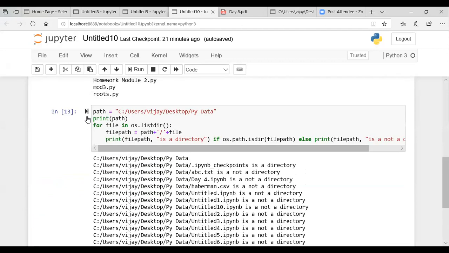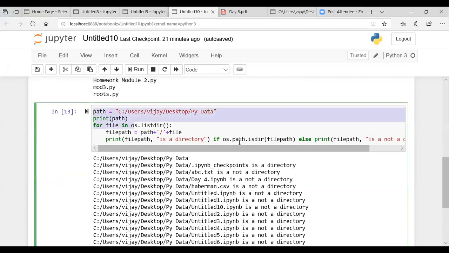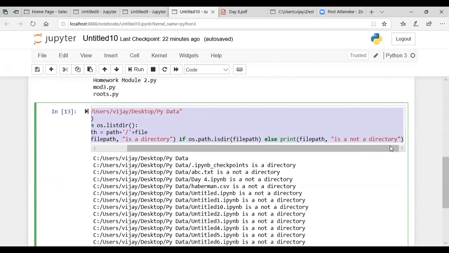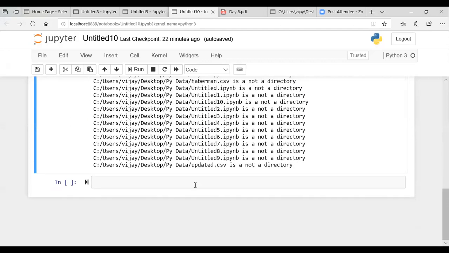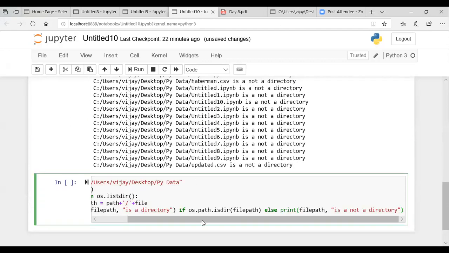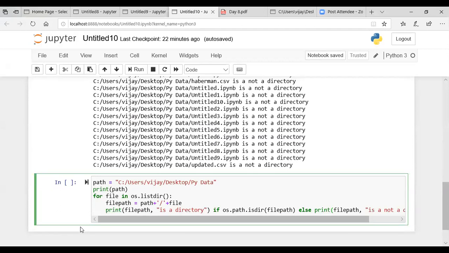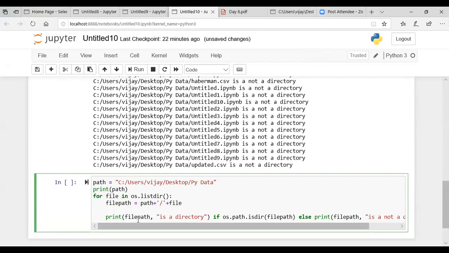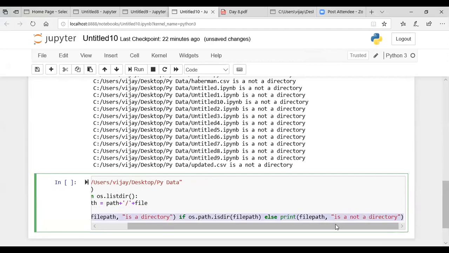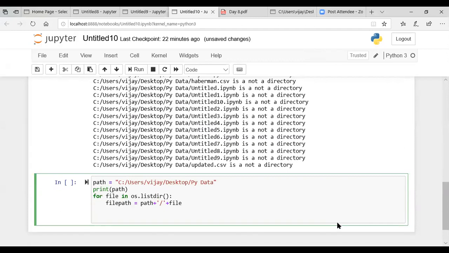So I'll just copy paste the complete code over here. Now I want to retrieve all the files which are PY files, ending with a specific extension.